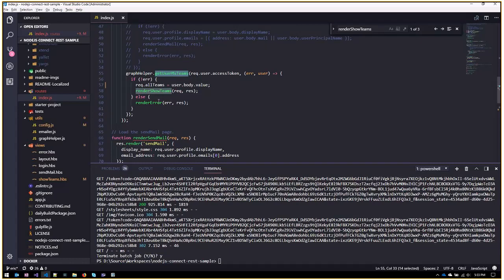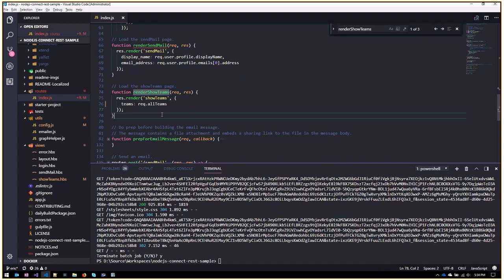Once we get the teams back, there's a request object that's part of Express, and so you can just dynamically create properties on that. So I'm saying the response body value, user body value, we're going to just tack that onto the request as .allTeams, then render show teams, which comes down to this function and renders that view with these options. Set the value of the teams HTML thing to that